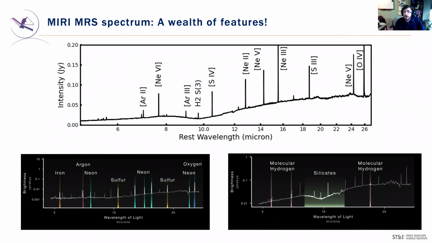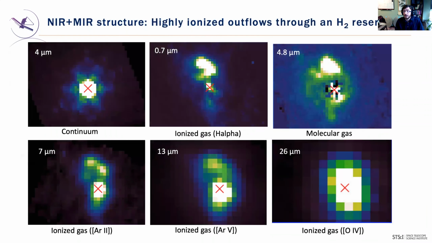So one of the things that we did looking at all of this data is to start to say, you know, what's the morphology in all these various different lines? What can we learn about the distribution of gas in the system? And it turns out to be a little tricky actually to compare everything in a uniform way across the entire waveband. With NIRSpec plus MIRI together, we actually cover from about half a micron or so, all the way up to about 28 microns, which is an enormous range in the effective spatial resolution of the telescope.